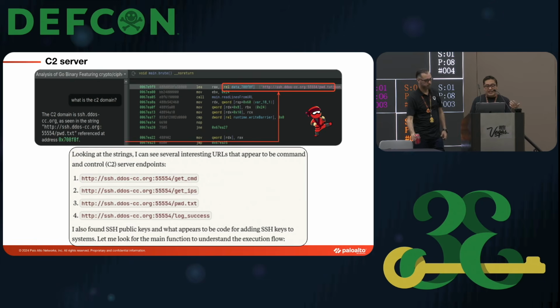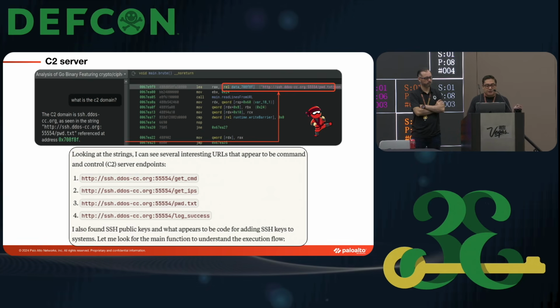Then I asked, hey, what is the C2 domain and what is it connecting to? It responded correctly. However, it missed some strings that were important as well. So I went back to the cloud version and just asked, hey, what are the C2s that you can find here? And it gave me the complete list of the domains